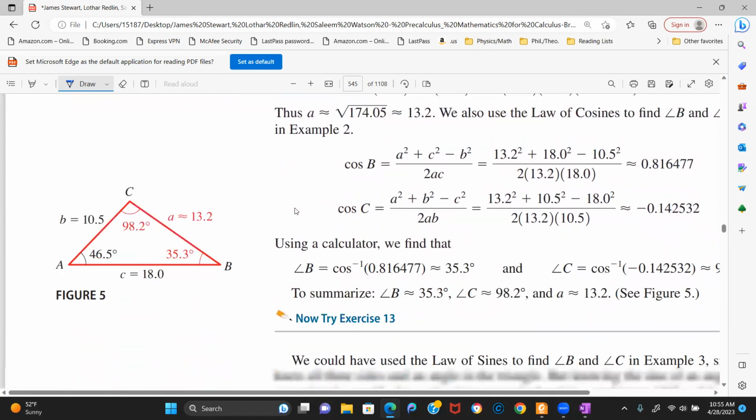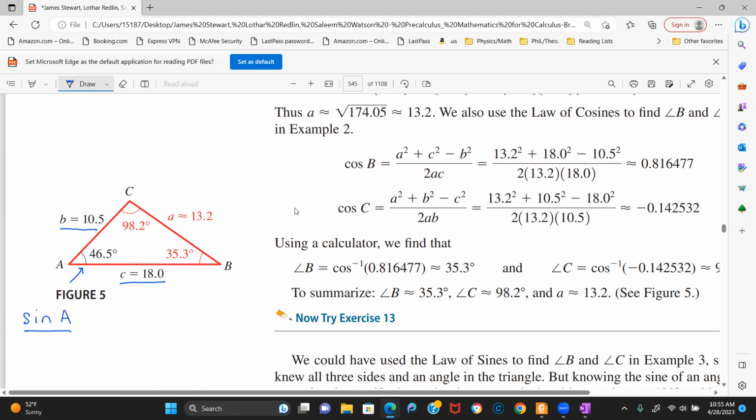So it looks like what we're given is this side right here, this side, and then this angle. So you're given an angle, and then you're given two sides and the angle between them. So again, if you write down the law of